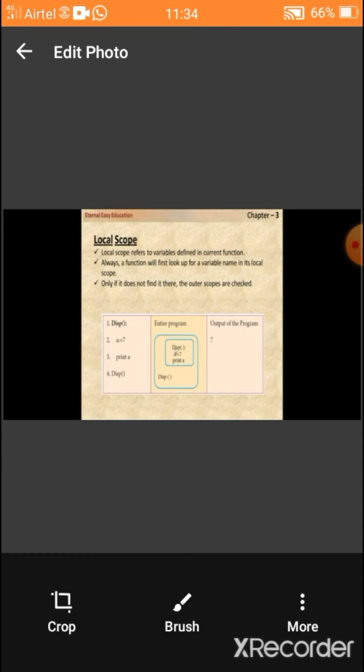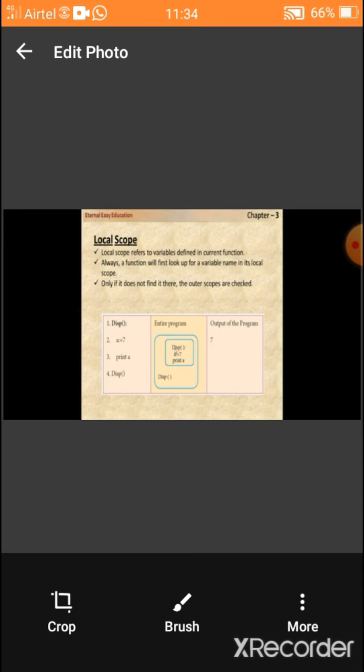So disp is the name of a function. Under disp, one variable is declared. Its name is A. The value 7 is assigned to the variable A. So under disp, a variable is given. That is a local variable.